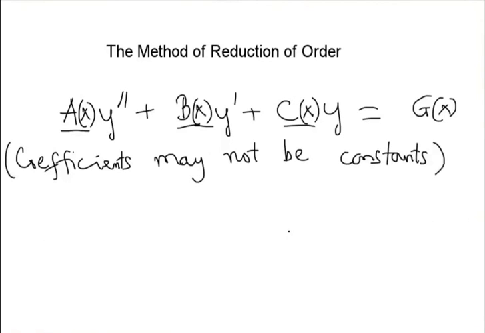In previous topics, we learned how to solve second order homogeneous equations and non-homogeneous equations with constant coefficients. And then we have the characteristic equation. For an equation with coefficients that may not be constant like this, we won't have any characteristic equations. However, what we have is that somehow